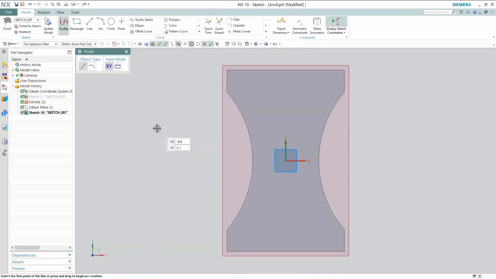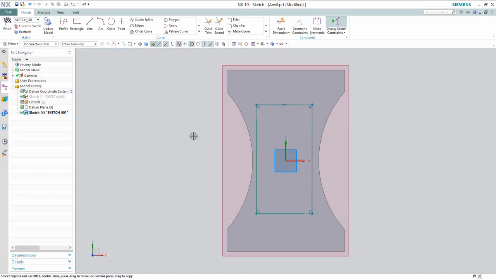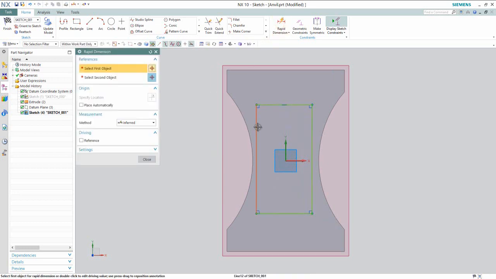Choose top view. Now we will activate the rectangle tool and create a rectangle. Now we will apply the dimensions on this rectangle. The height of the rectangle is 7 inches and the width of the rectangle is 5 inches.